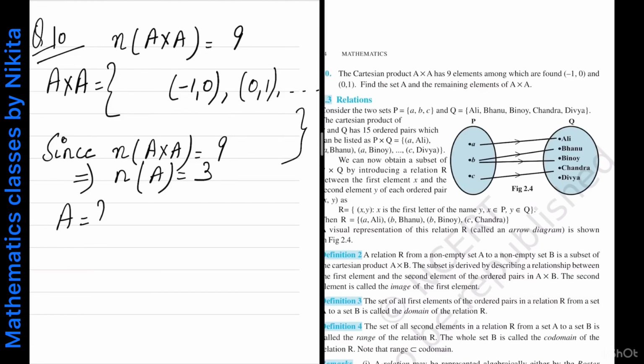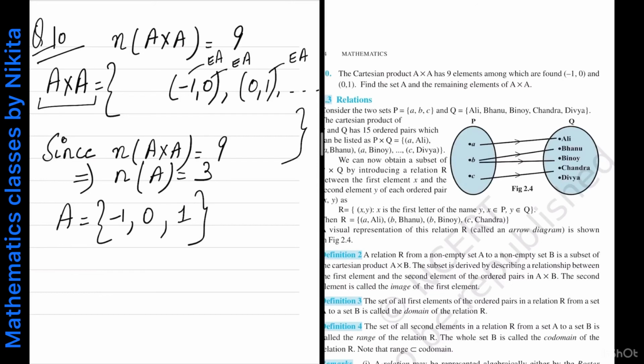So from the given condition can you find what is A? So A cross A है यहाँ पे, तो A के अंदर फर्स्ट एलिमेंट भी आएगा और सेकेंड एलिमेंट्स भी आएंगे because the set is same. Cartesian product is between the same set. So therefore this will go to A, -1 will belong to A, then 0 will again go to A, then 0 is already there, then 1 will also go to A. A has 3 elements, so this completes your set A.